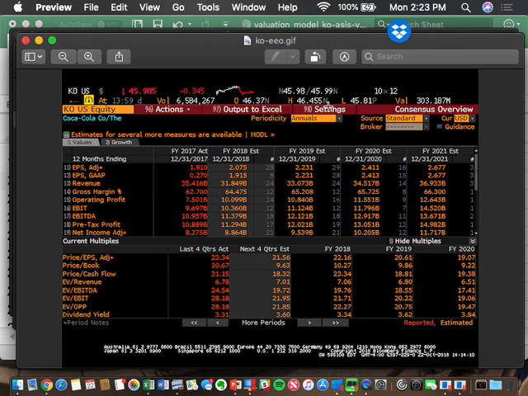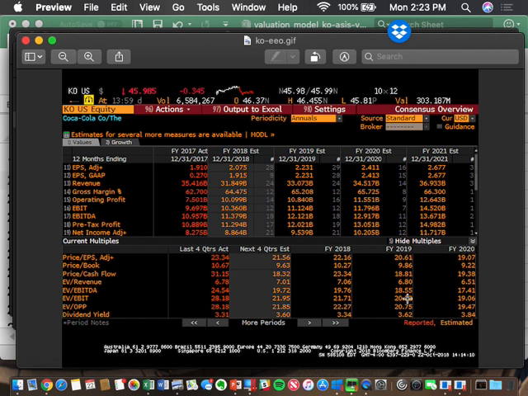Again, make sure you're looking at annual data. Don't look at quarterly data by mistake. That will completely screw up your valuation because you'll have 1/4 of their revenue and 1/4 of their profits. Okay, so again, forward year 2. For forward year 2 in 2019, their EV to EBIT based on that share price is